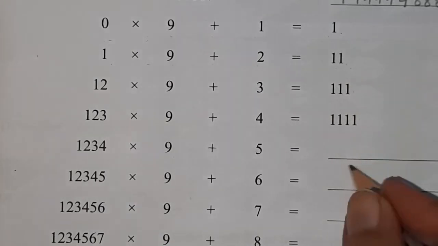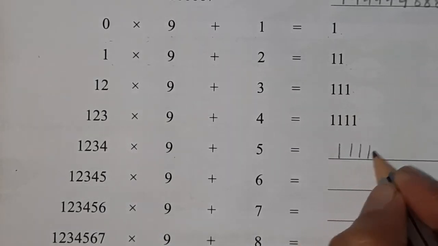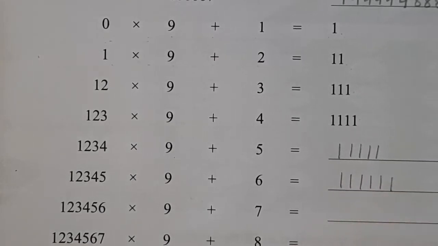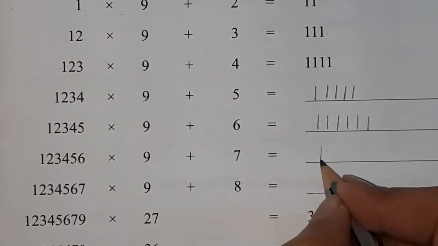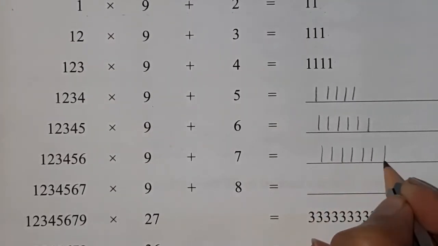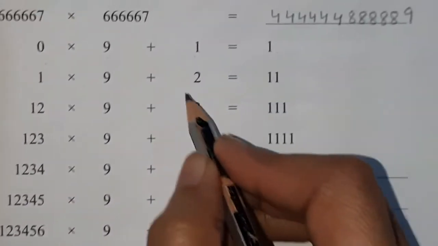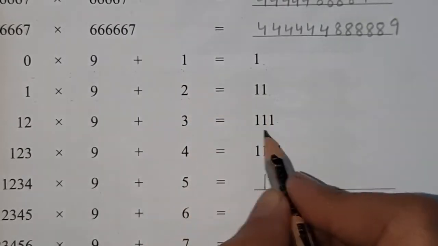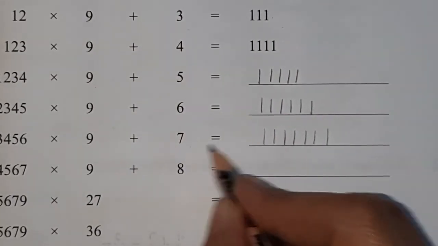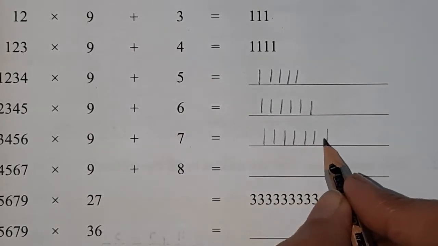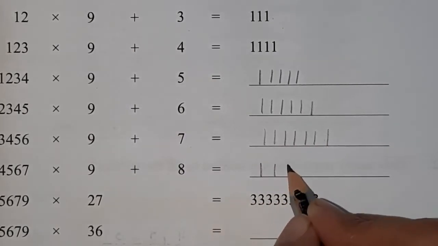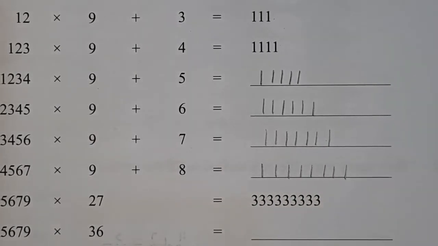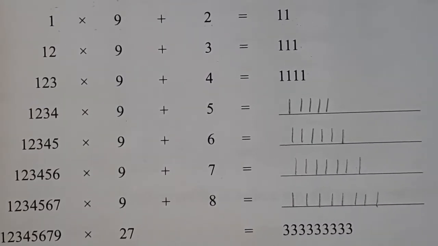1, 2, 3, 4 times. Now 5 times. 1, 2, 3, 4, 5. 1, 2, 3, 4, 5 and 6 now. 1, 2, 3, 4, 5, 6, 7 means 1 seven times. Look here, there is one 1, so your 1 came. 2, two times 1, 3, three times 1, 7, seven times 1. 8, eight times 1. Understood? In this way, you can observe the pattern.